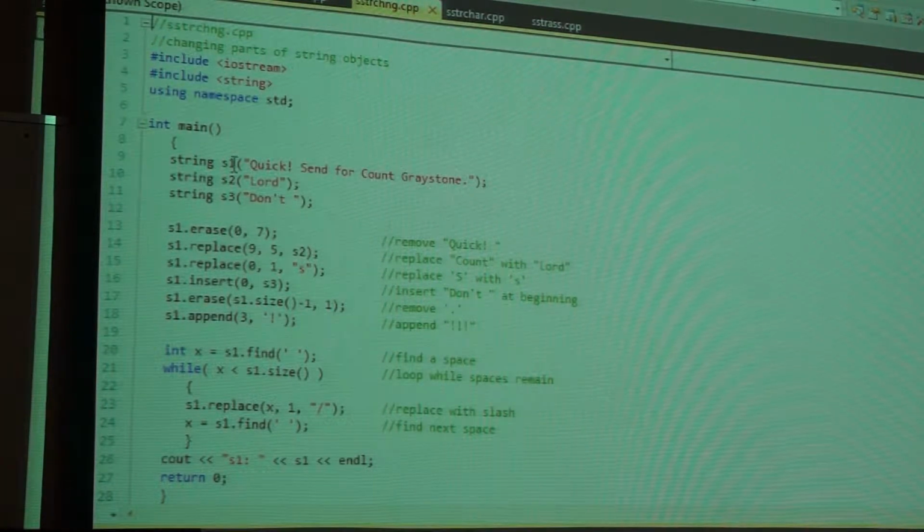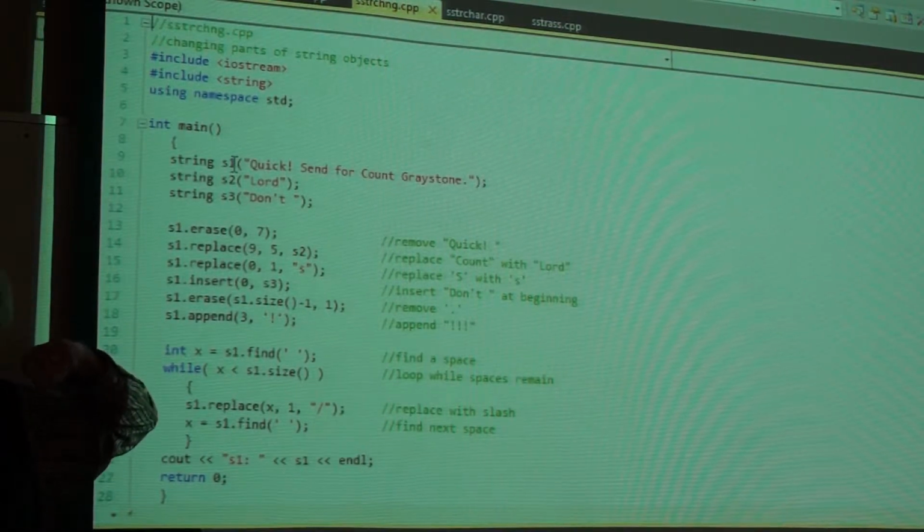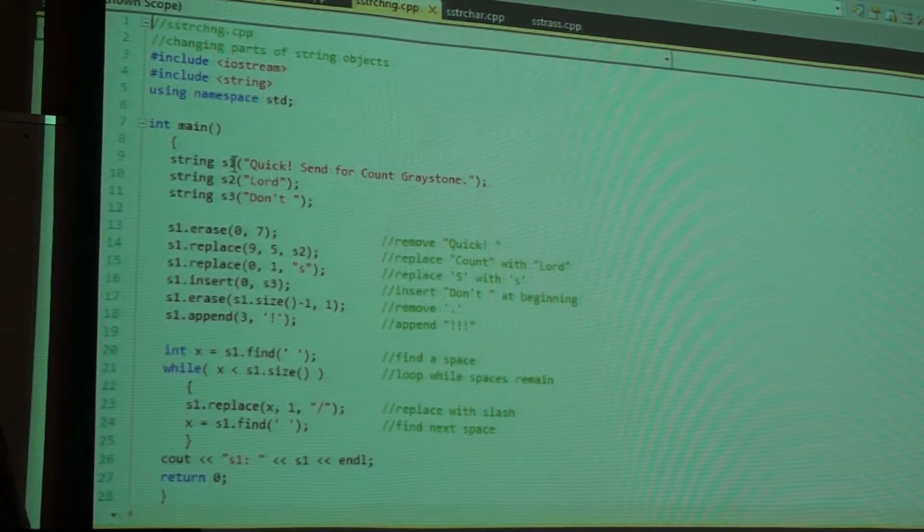I don't know what the 4 means. It might mean that's how many instances of that I want, or it might mean that's how long I want it, or it might mean something else. It's a parameter that's given to the constructor when it is instantiating S2. Is that clear?